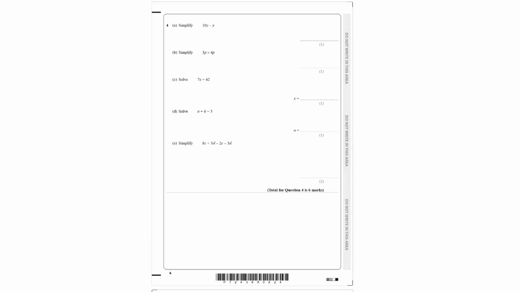Simplify 10y minus y. This has a hidden coefficient of 1, so it's really 10y minus 1y, which is just 9y. Simplify 3p times 4p, so we have 3 times 4, that's 12, and we have p times p,